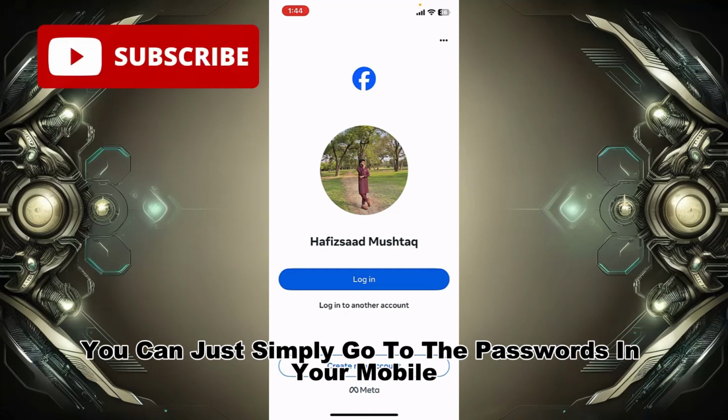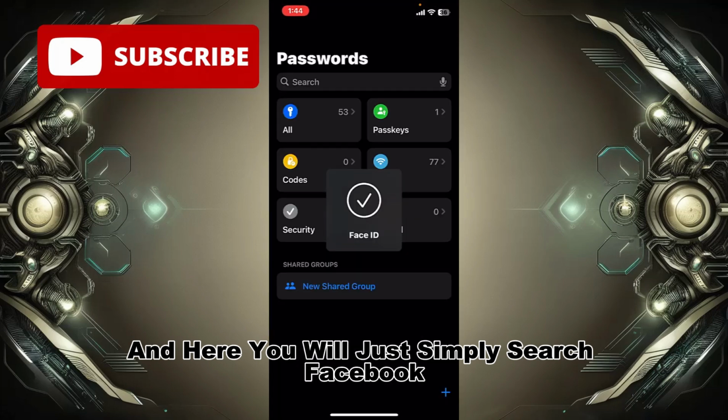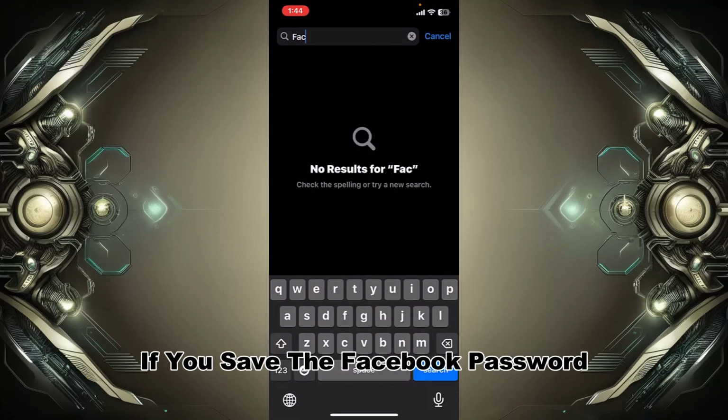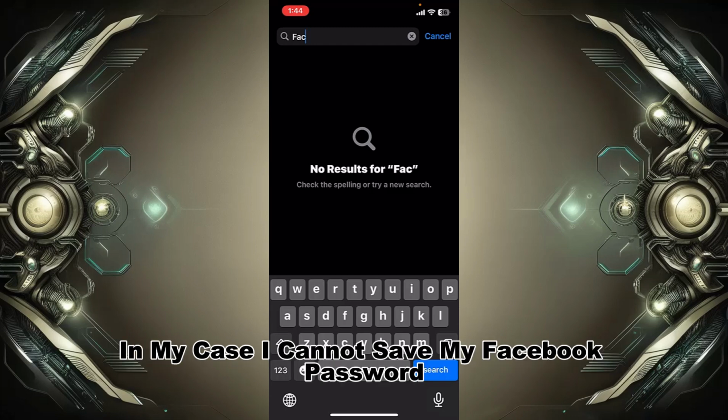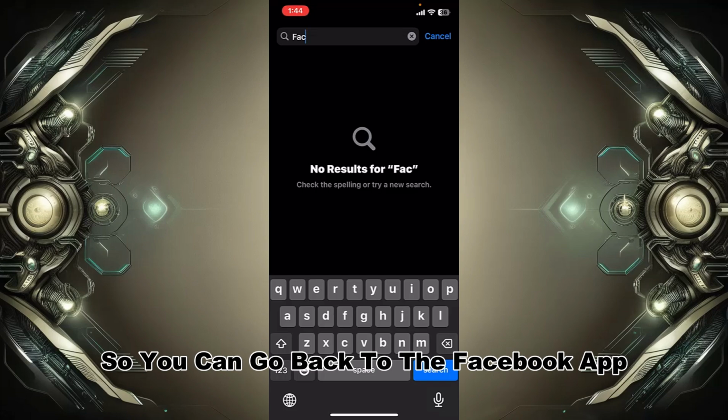You can simply go to the passwords in your mobile, and here you will search for Facebook. If you saved the Facebook password, you can see it here. In my case, I have not saved my Facebook password, so you can go back to the Facebook app, and here